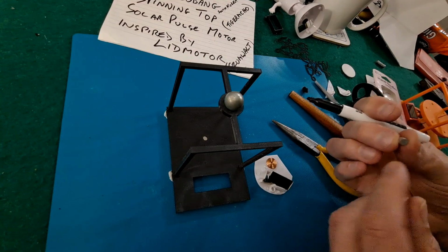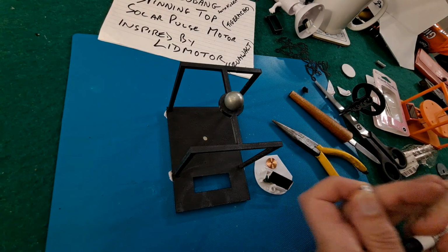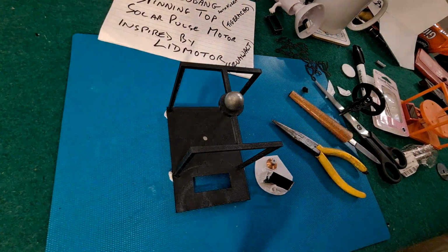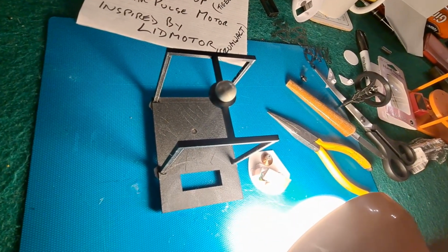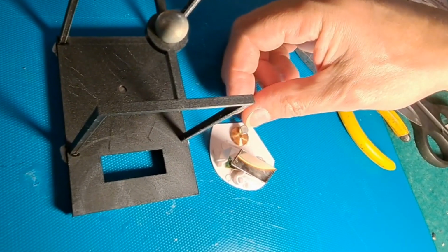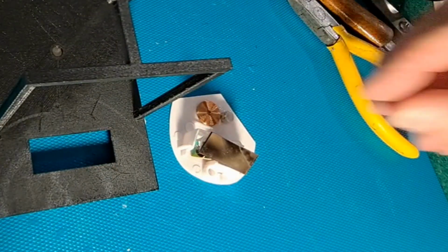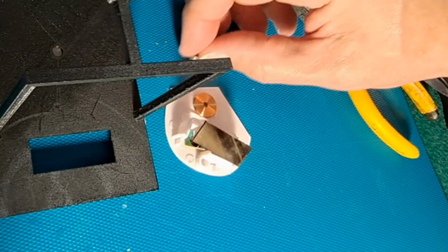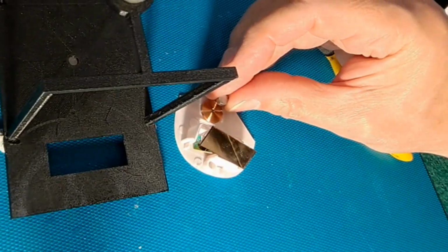Right. Oh, one side's got a little black dot on it already. I'll just emphasize that. So place that on there. If it repels, it jumps off. Right, it's not jumping off with the black dot on top. So we'll turn it over. Hope you can see that. Yeah. So that black dot is being repelled, or at least that side of the magnet is being repelled. So we want them that way up,